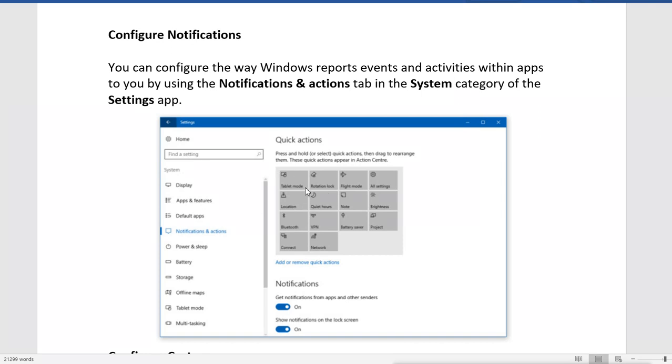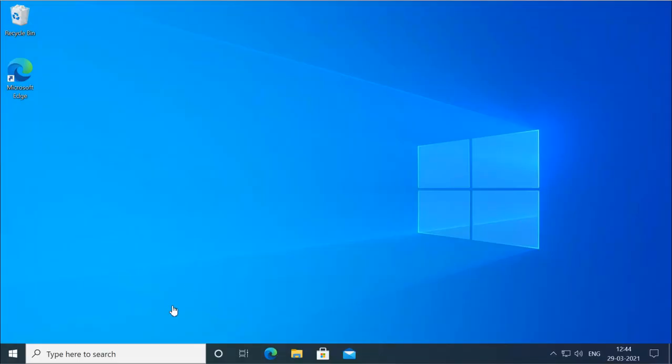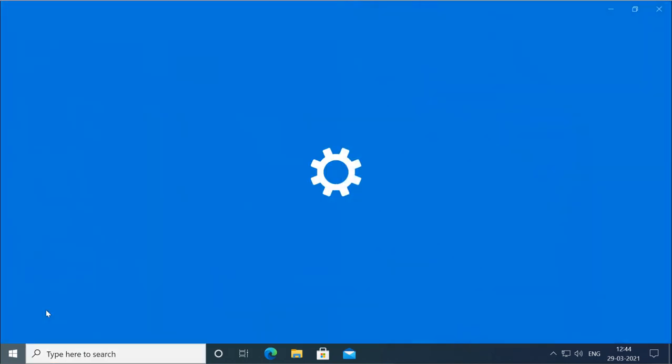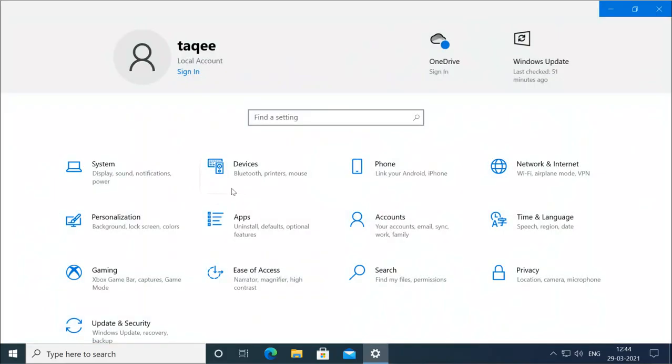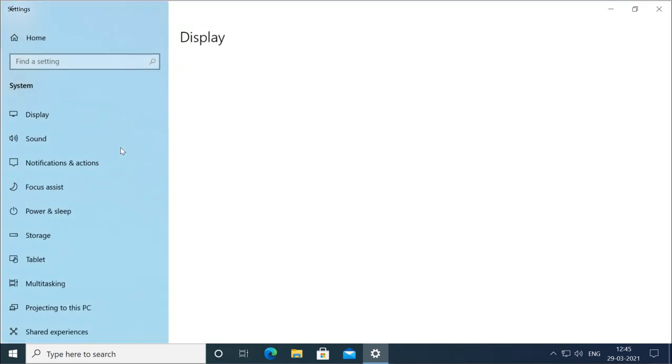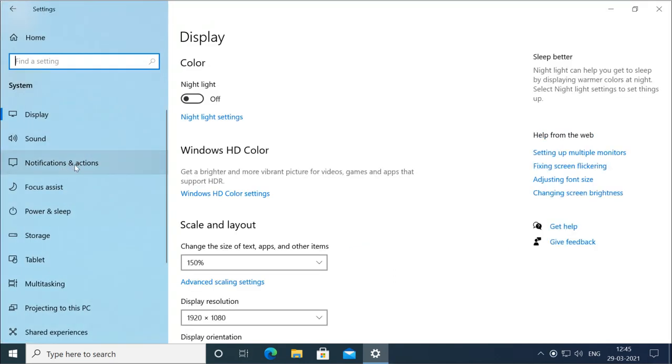You can configure the action center also. So when you go to settings, under the system you have notification and action center configuration.